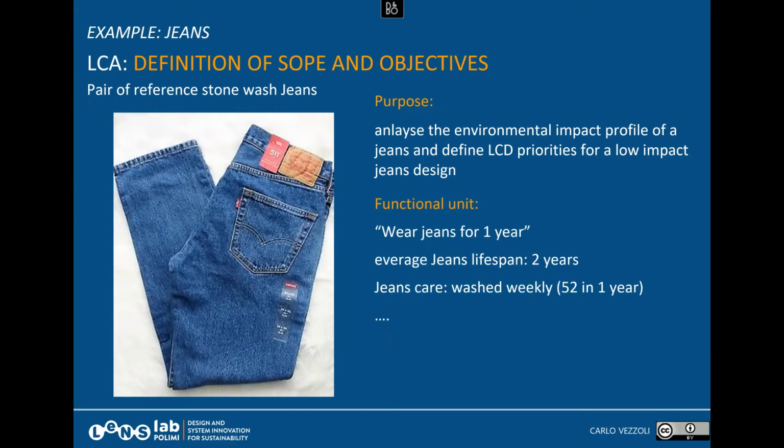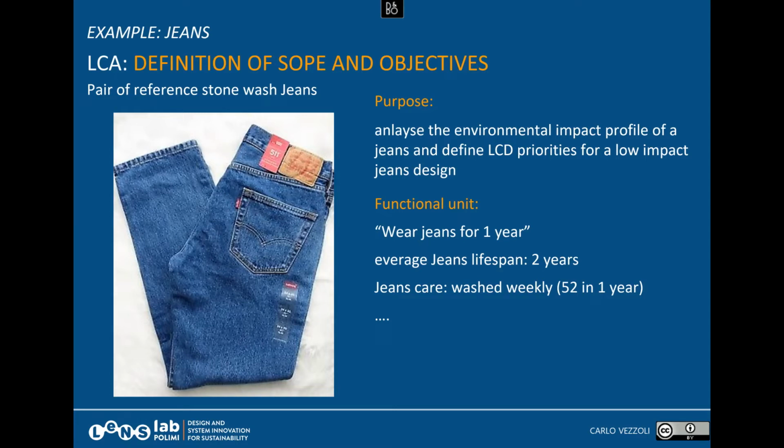Then you have to define a functional unit. That was very important, you know, even functional design. So I take even this chance to come back to a key concept in low environmental impact clothing. We have not only to assess a product in the life cycle, but we have to assess it even in relation to a performance, okay, a function. In this case, it could be, we said, the wear of a pair of jeans for 1 year,